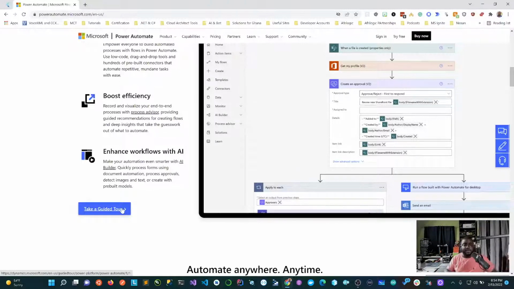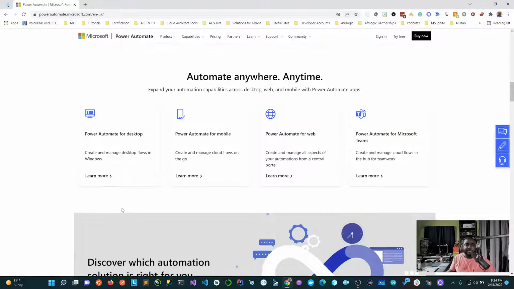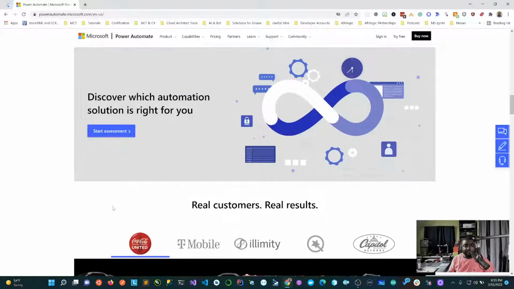And then we're going to bring that into Power Automate, and then Power Apps. And then also automate anywhere, anytime. There's Power Automate for desktop that allows you to do desktop automated processes like copying files, scheduling tasks, and all that. You can run it on mobile. There's Power Automate for the web, and then there's Power Automate built into Teams, so you can actually do Power Automate stuff in Teams as well. These are some of the things that in most of the global Power Platform bootcamps they will be talking about. So if you don't want to miss it, make sure that you follow them. You go for one of these events and you're going to learn a lot. And even now,